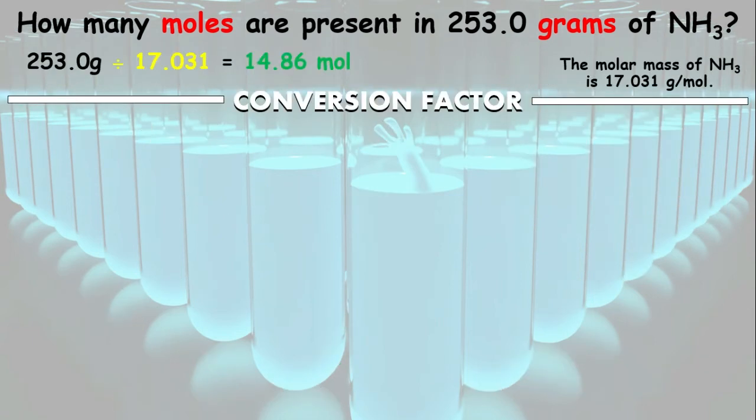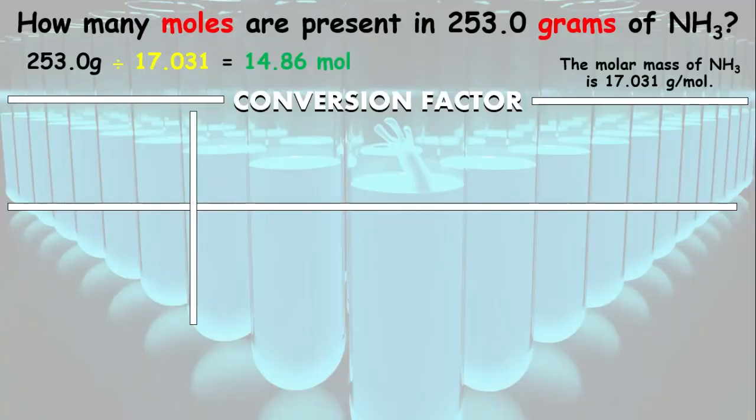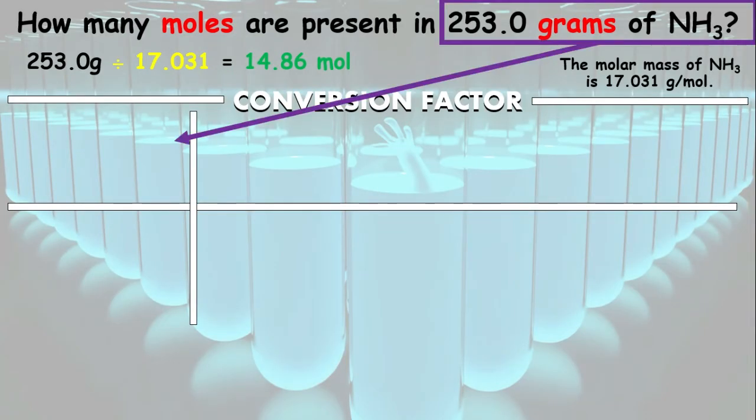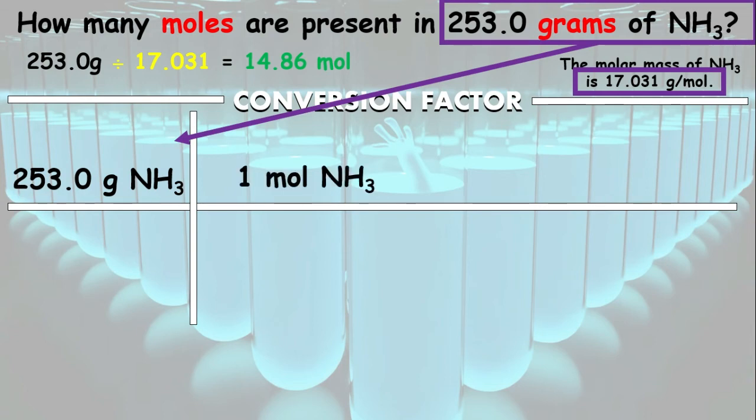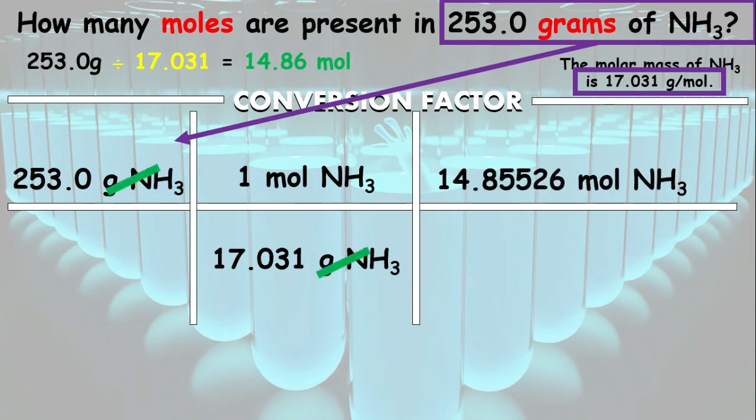Now let's use the conversion factor. Draw the T table or the sword. Put the given to the upper left. Then we need to put what is being asked to the upper right. So we want the moles. So the moles will be in the upper right. Then the grams in the bottom. This is from the molar mass of the compound ammonium. Look how the units cancel. This will give us 14.85526 moles of ammonium. Since we are given 253.0 grams, which has four significant numbers, our answer should be 14.86 moles of